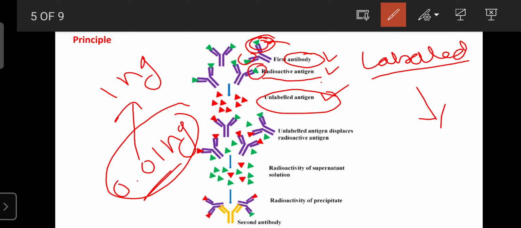So when the radioligand is administered, the patient's antigens replace the radioligand antigens. Then the radioactivity of the antigen is present in the supernatant, and the antibodies can be precipitated with the second antibody, having less radioactivity. So when you quantify, this amount decreases, and it is reciprocal to how much antigen, hormone, antibody or foreign substance is present in our body. So this is the principle.